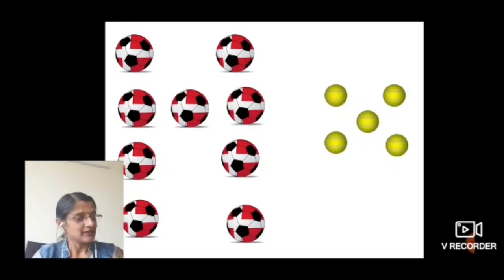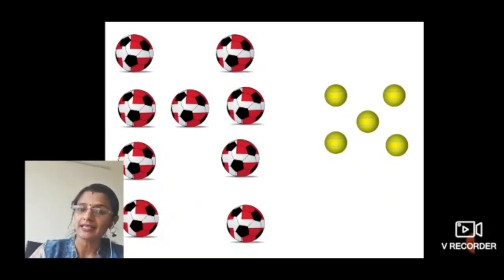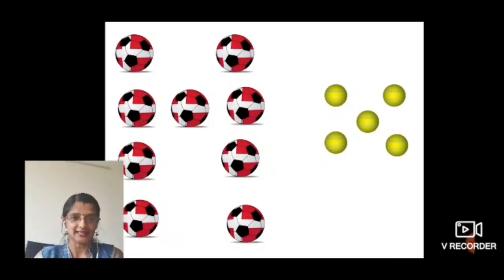Now, in problem solving sums, children, you need to write the statements also. Calculation, you can easily do it. You can count and calculate and get the answer. But you need to write the statement also. Now, how will you write the statement? Because this question is about balls, and balls are countable, we can count balls in numbers, 1, 2, 3. So we'll start the statement with number of.